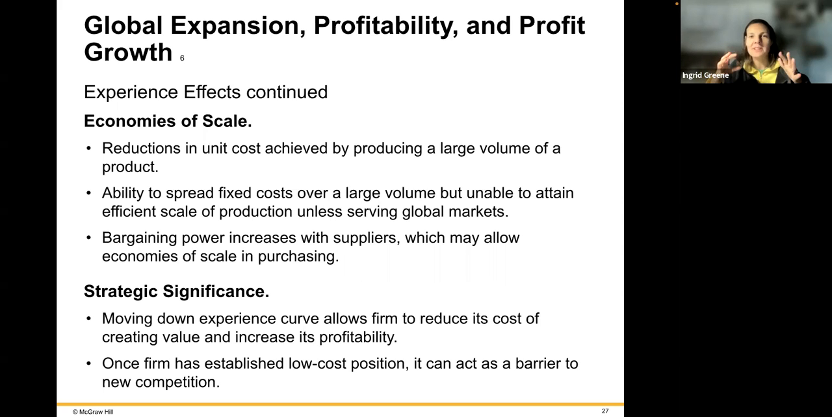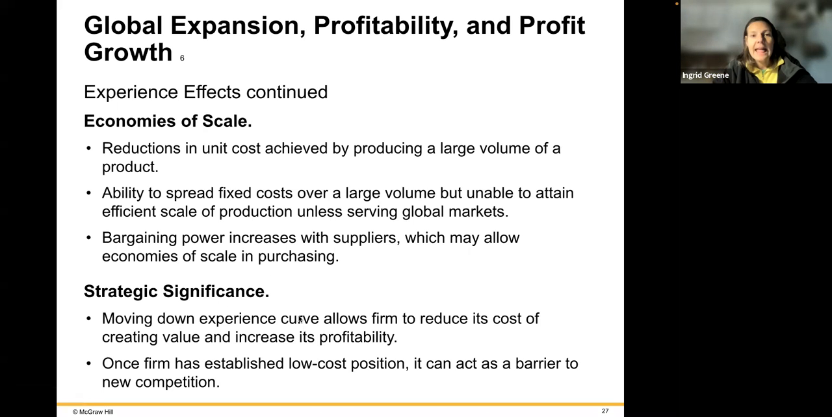But that wouldn't make them enough money to pay their rent or mortgage on an ongoing basis. So now, because they serve global markets, they can keep operations going 24 hours a day. Bargaining power increases with suppliers, which may allow economies of scale in purchasing as well. So now you have more people buying your products. So now, if you're not producing those things yourself, like in the Intel example, you can bargain with